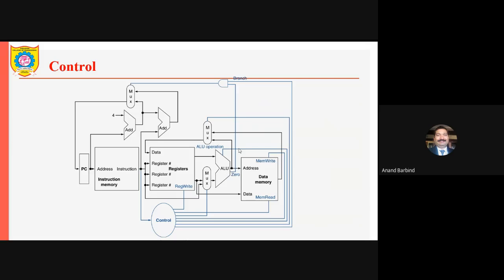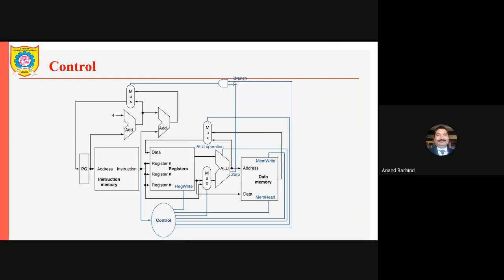Okay, so if the condition is evaluated by the ALU, and if the jump is to be caused, then this output of the ALU will be 1. It is a branch instruction, so when both the inputs are 1, the output is 1. So the multiplexer will select the output of the second adder. Whereas if it is not a branch instruction, this branch input will be 0, and in that case the multiplexer will select the output of the first adder.